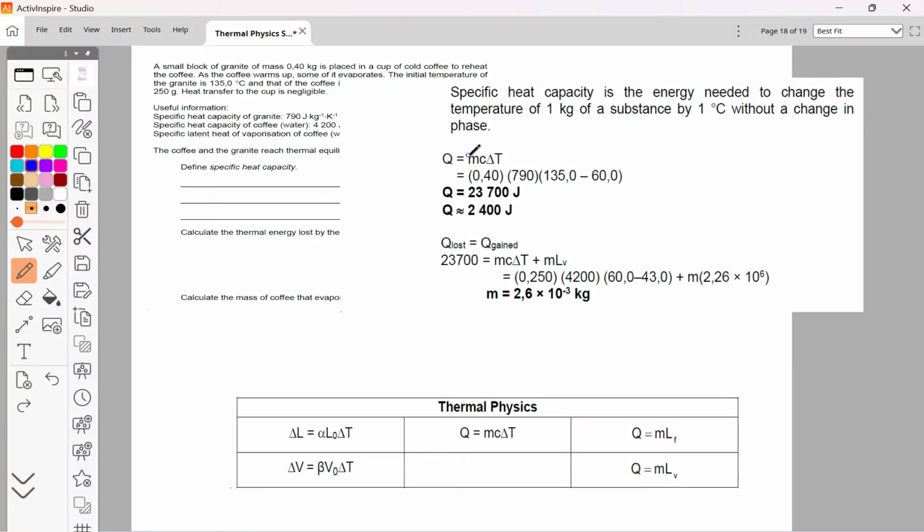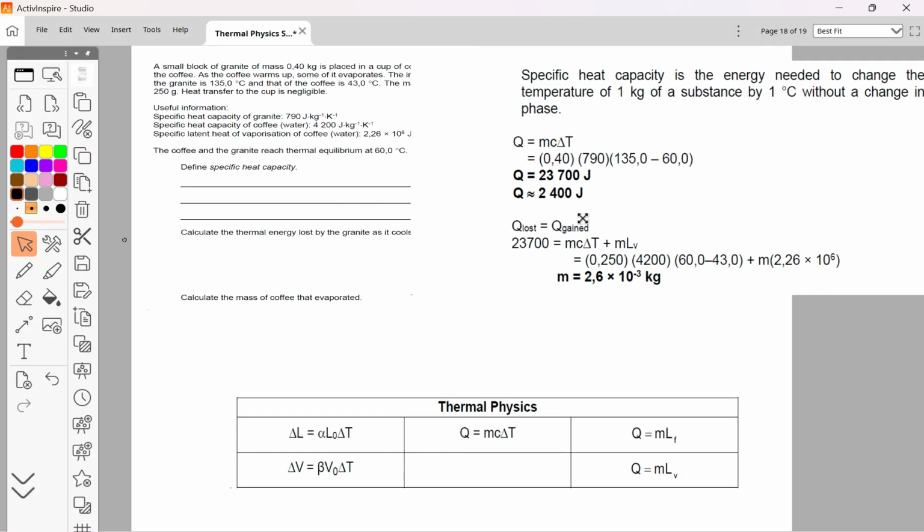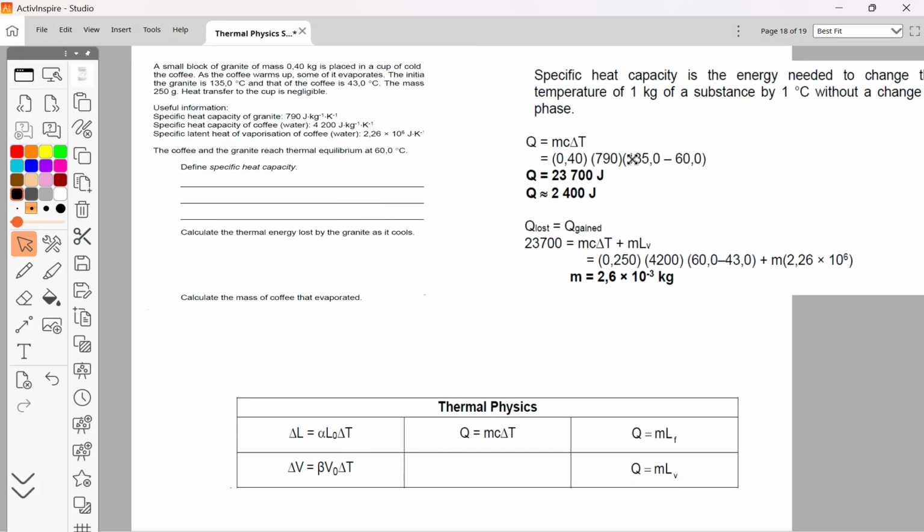You also use MC delta T to work out the energy that the ice is losing, that the granite block is losing. So that was a first question. That's normally a lower order question that's asked first. And then you put the energies equal to each other again. Put in your change in temperature. This one was a little bit easier, but